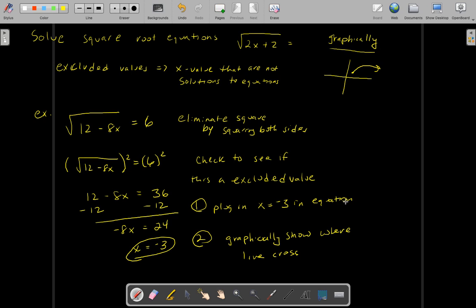So I think we know how to plug into the equation to see if that works. So basically, if you plug negative 3 into the equation here, then the value when you finish should equal 6